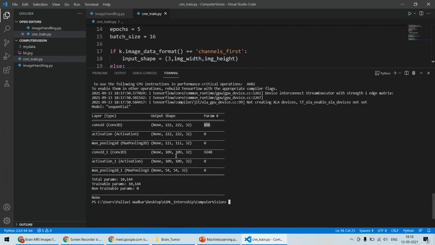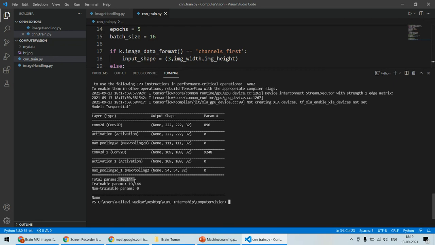यहाँ पे कुछ पैरामीटर्स ऐड हो जाएंगे। फिर नेक्स्ट एक्टिवेशन रेलू ही है, तो सिर्फ नेगेटिव को 0 किया जाएगा, लेकिन पैरामीटर्स या शेप में कुछ चेंज नहीं आएगा। और पूलिंग फिर से ऐड करी है, तो मैक्स पूलिंग 2D_1, यहाँ पे मैक्स पूलिंग 2D था सिर्फ, तो एक एक्स्ट्रा लेयर ऐड हो गया। फिर इसका जो डायमेंशन 109 था, वो पूलिंग होने के बाद 54 by 54 by 32 बन चुका है। और यहाँ पे नंबर ऑफ ट्रेनेबल पैरामीटर्स बढ़ के, मतलब 9248 प्लस ये सब कुछ ऐड होके, 10144 बन चुके हैं।